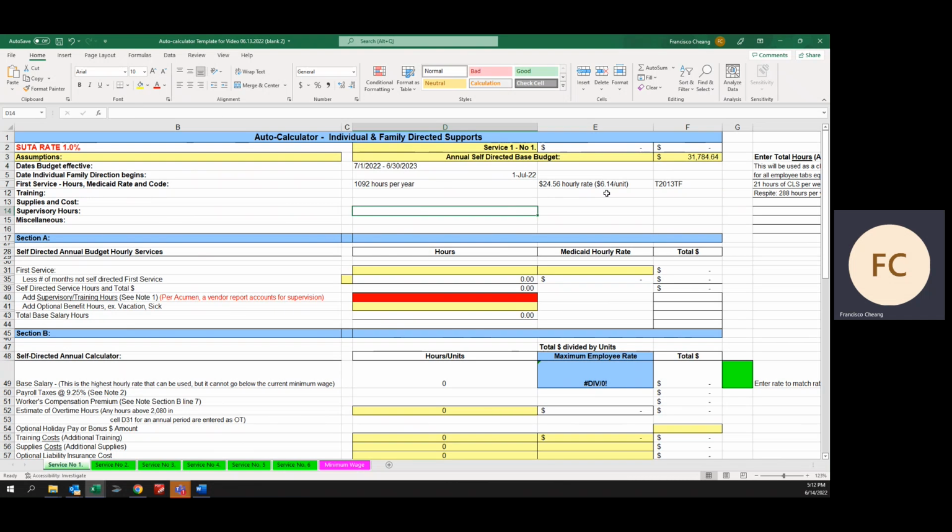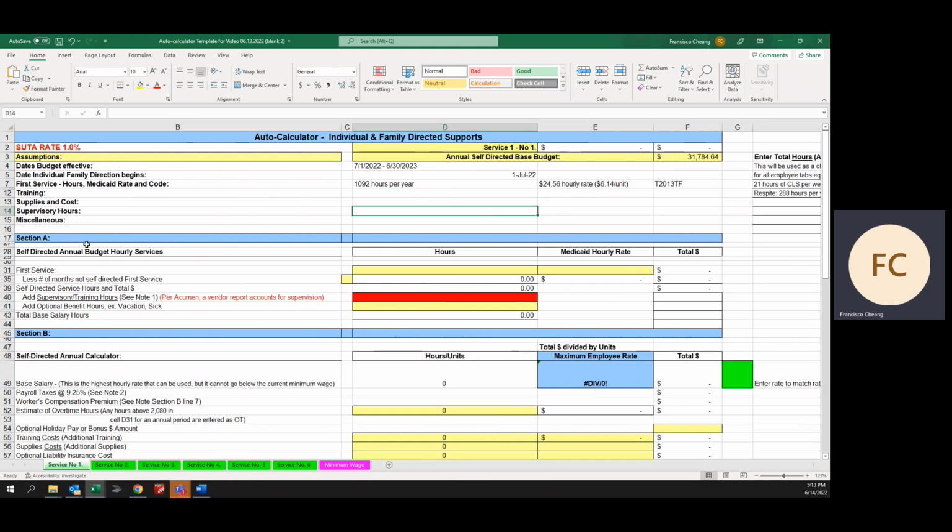All right, so the following items, training, supply costs, supervisory hours, you want to have a fund balance, because that's how you're going to pay for these items. Supervisory hours, mileage, anything that doesn't pertain to the actual billing of the service. You know, if you're doing community living and supports, that staff might drive the individual to different locations, or there might be other costs associated with providing that service. You want to be able to pay those out of the fund balance. So to be able to figure out what kind of fund balance we're going to be accruing when we bill Medicaid for these hours,